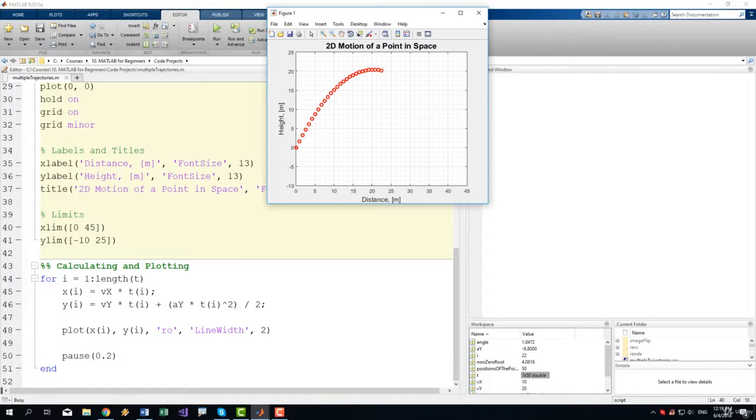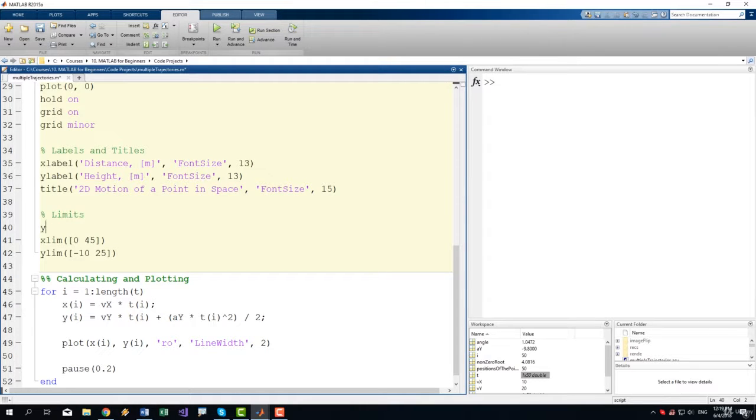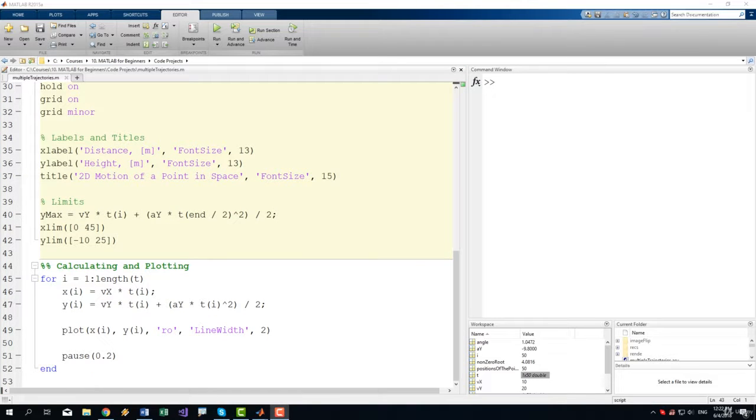So if we run the project, you can see that we are actually getting a parabola, and we know that the parabola has its highest point in the middle. So we have to take the middle point of the parabola and use that as a maximum for the y. So let's calculate the y max. So y max, we're going to use the same equation, but we are going to simply use the middle point of the t like this, and the y minimum will be,